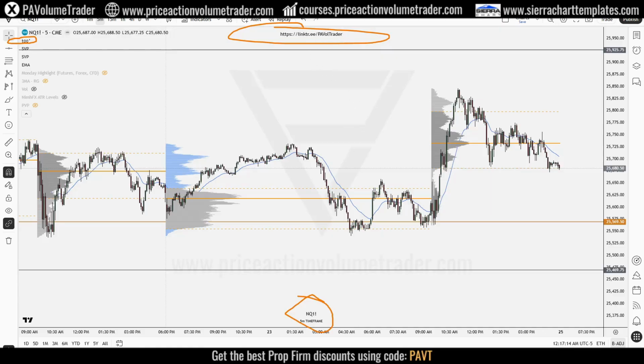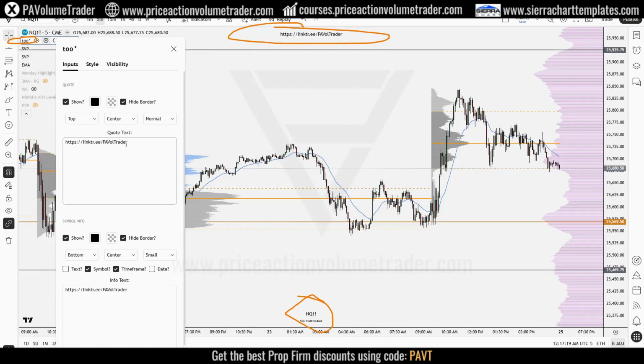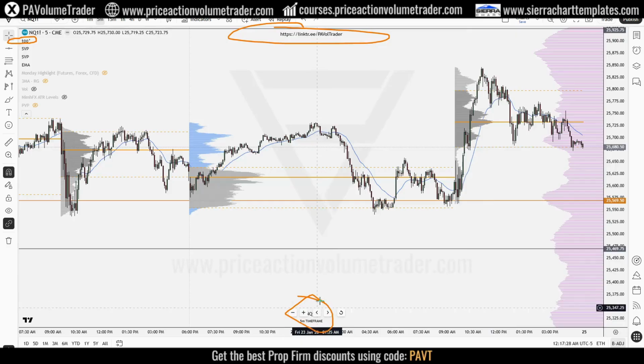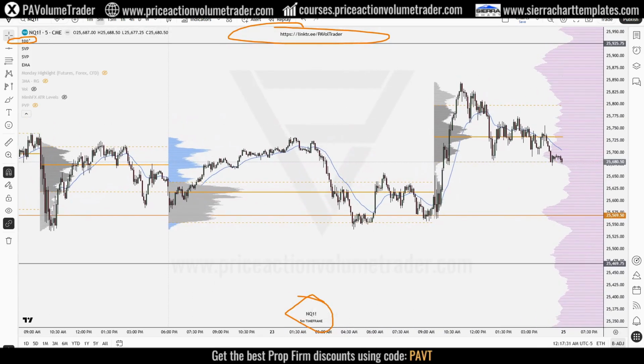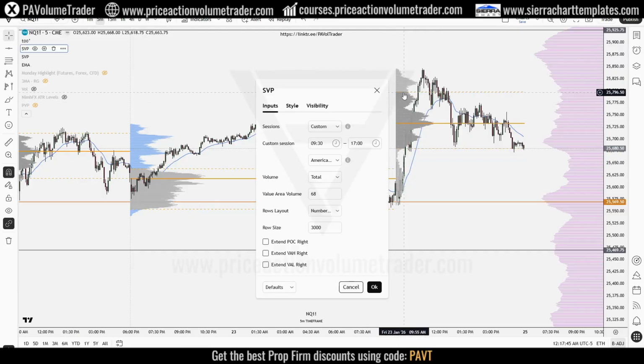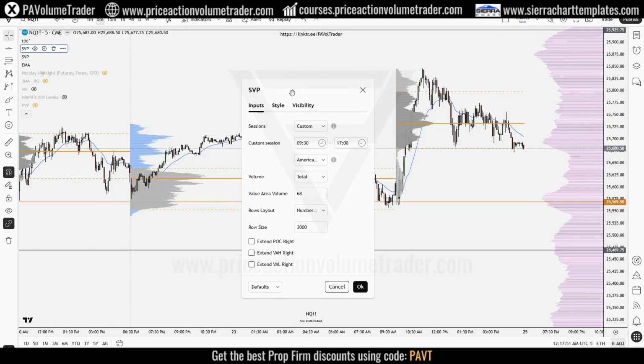It's basically a custom link, and then also the information for the symbol and the time frame that I have on the chart that is going to show down there. Okay. Then after that, I have 2 session volume profiles. The reason I do this is because TradingView doesn't really have an effective way of separating the profiles into extended hours and regular hours. And I'm talking specifically about ES and NASDAQ,